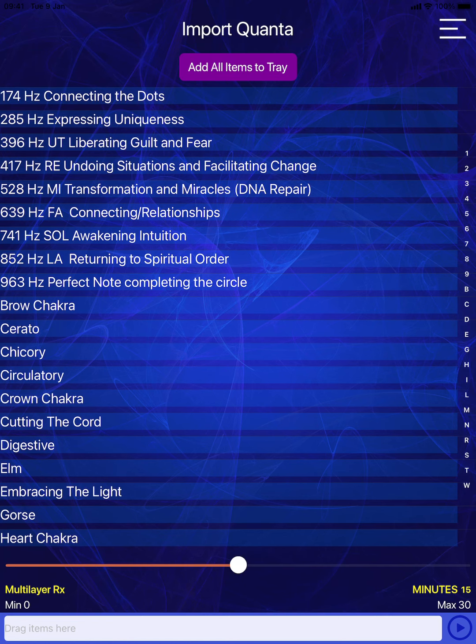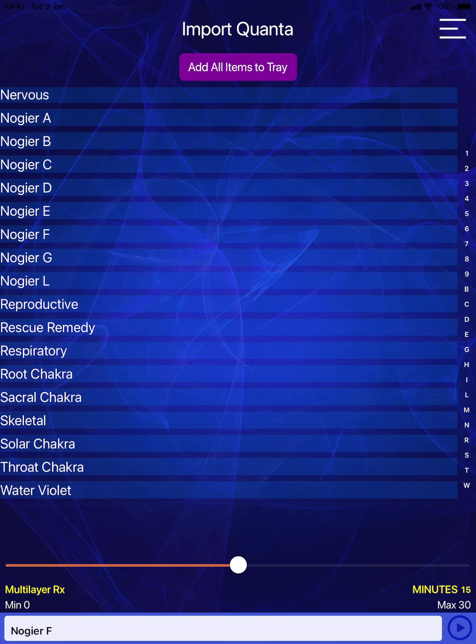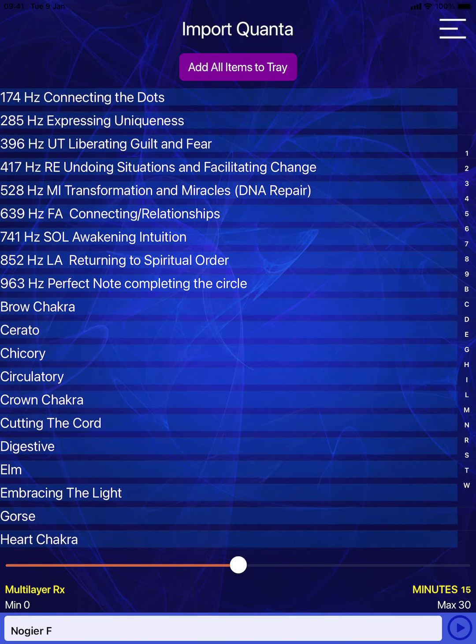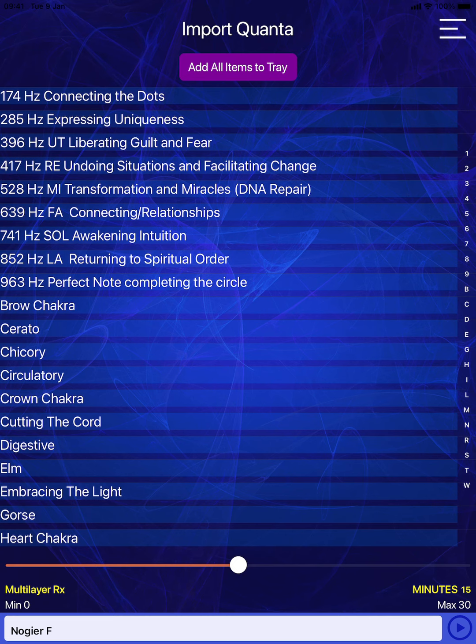So, a couple of options here, and as you can see on the top purple button, add all items to tray, and I'm going to tap all,